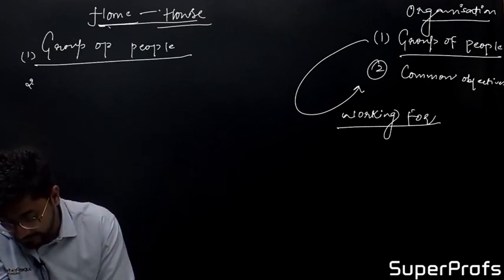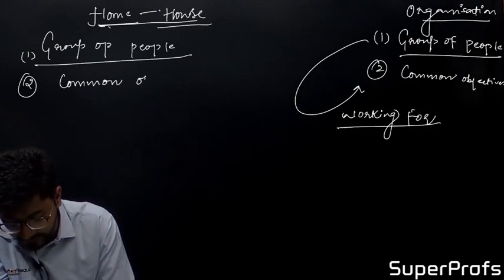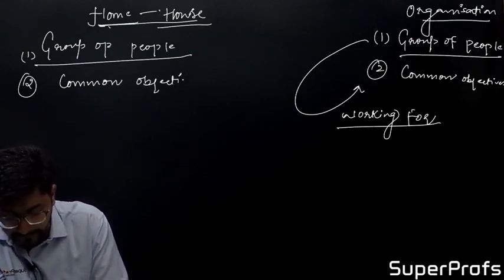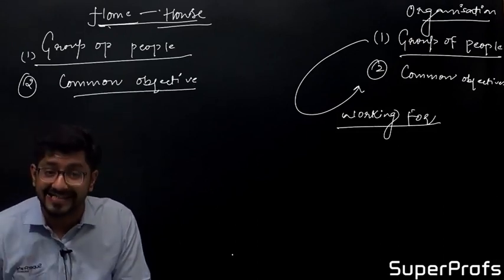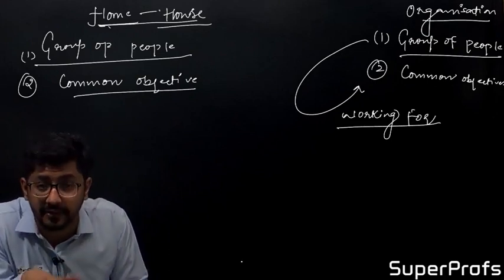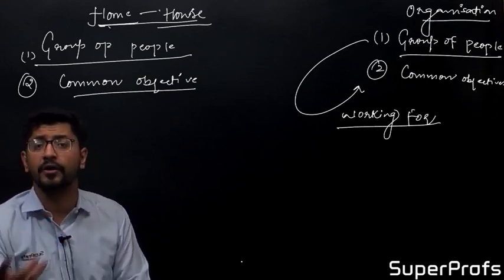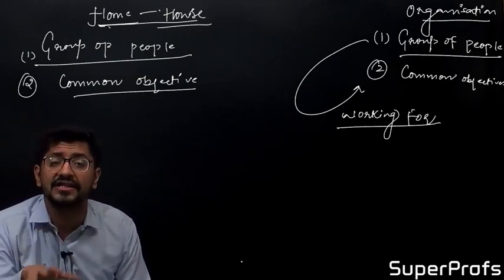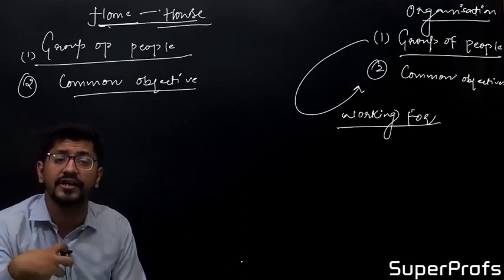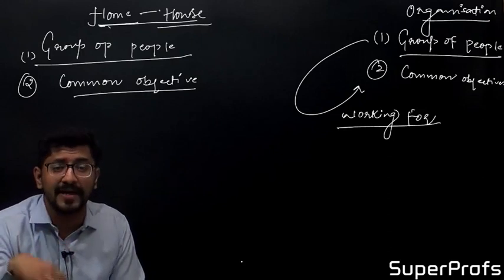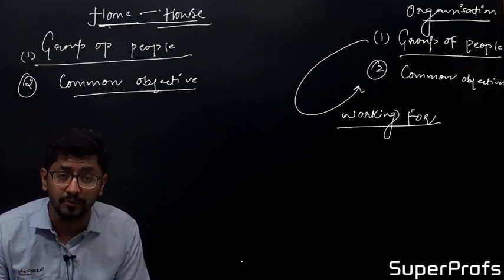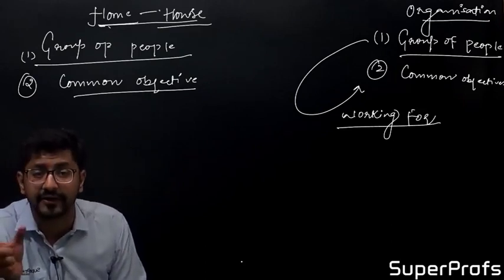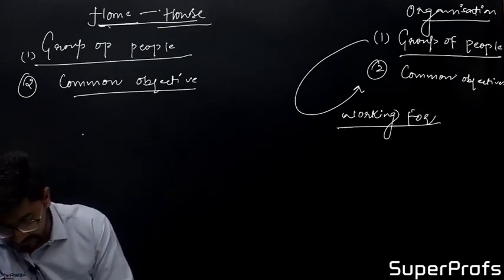Whether they are working for a common objective, whether they have a common objective, all of you have a common objective in your home. Then what is that common objective? Everybody is working for their own aims, own desires, own objective, but they are not working for a common objective. They are not working for a profit. If we say that every person in an organization works with a profit motive and for the benefit of the organization through earning maximum profit, can we say that in a home, everybody is working for a profit?